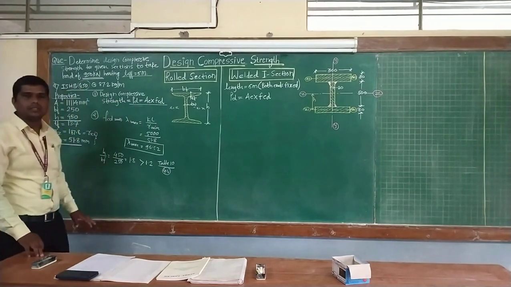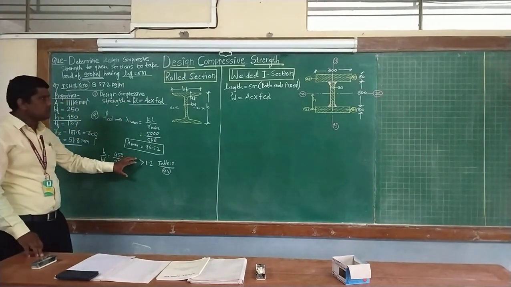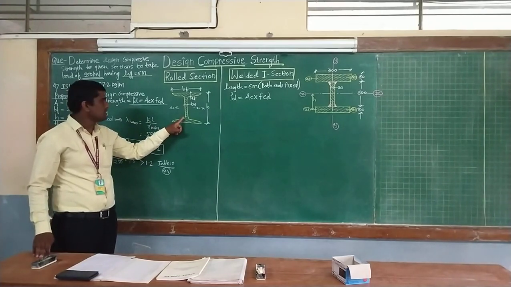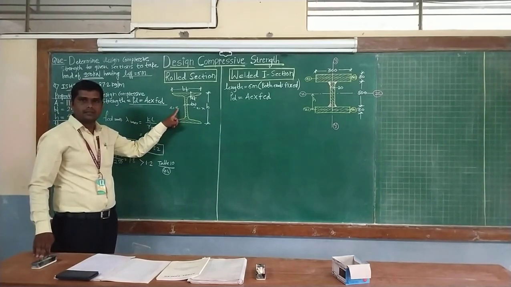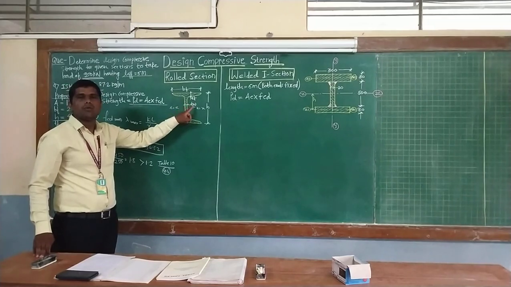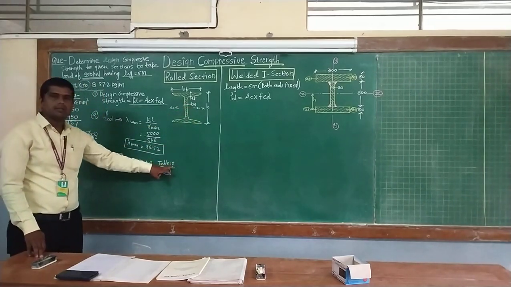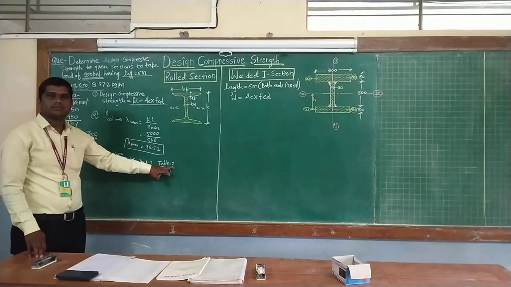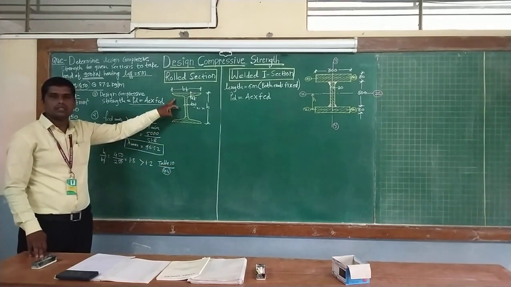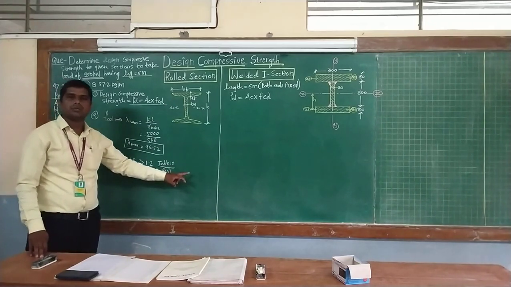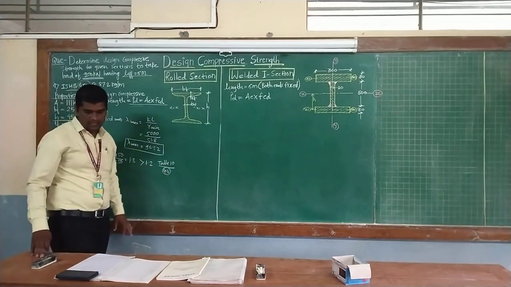We are going to check the buckling of this I section, whether buckling may take place along the Z axis or along the Y axis. So table number 10, buckling of cross section of this particular rolled steel section, page number 44, IS 800 2007. We are going to refer and see.